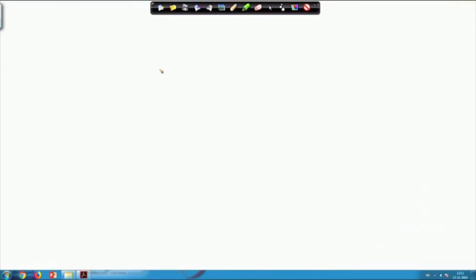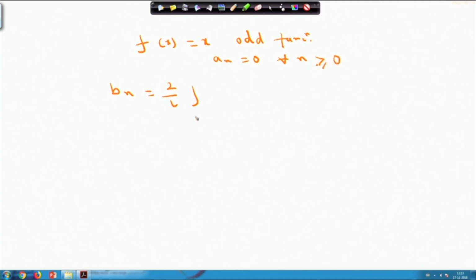So, here f(x) is x. So, basically it is nothing but an odd function. Therefore, directly I can tell your a_n will be equal to 0, and your b_n is equal to 2 by L. b_n will be 0 for all n greater than or equal to 0, b_n will be equal to 2 by L